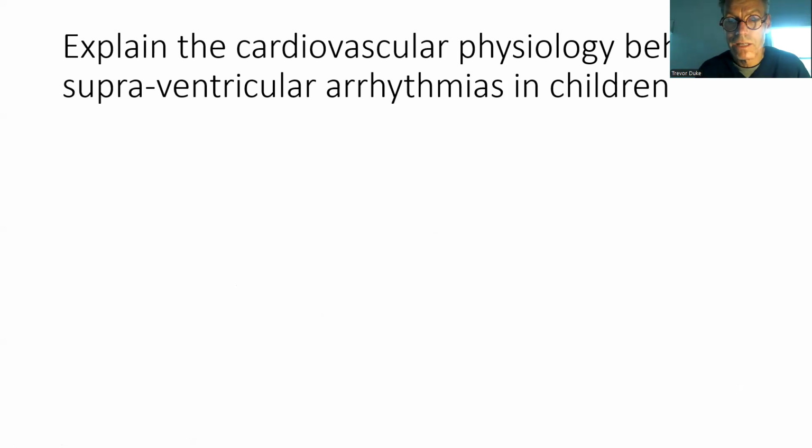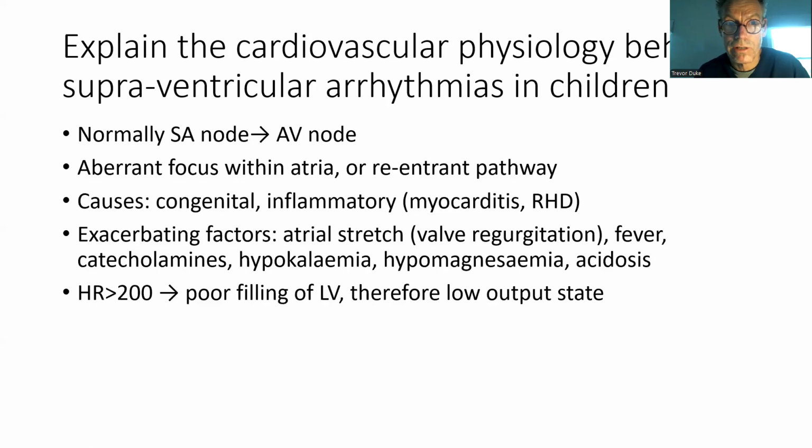occurs because of a congenital abnormality, an abnormal focus of conduction within the atrium, an abnormal focus of stimulation of the cardiac conduction. So instead of it being from the sinoatrial node to the AV node, there's some other focus within the atrium, and it's firing at a more rapid rate than the sinoatrial node. Normally, as I said, the conduction goes sinoatrial node to the AV node, but if you've got an aberrant focus